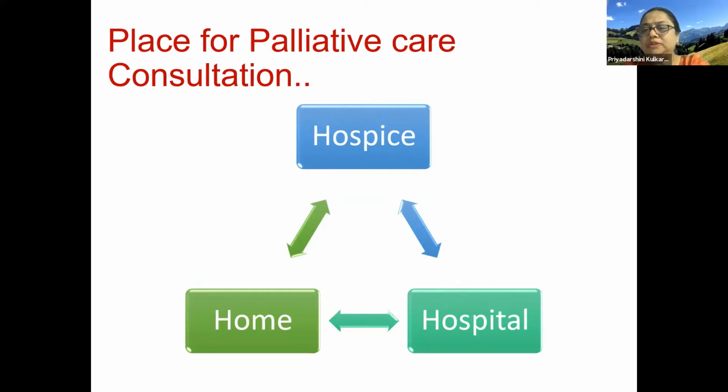The thought process led to many things, understanding ourselves, and one of the major things, I'm not going to talk about all the points here at this moment, but one of the things is that hospices or palliative care centers were not in the vicinity of hospitals, where most of the curative treatment is happening.